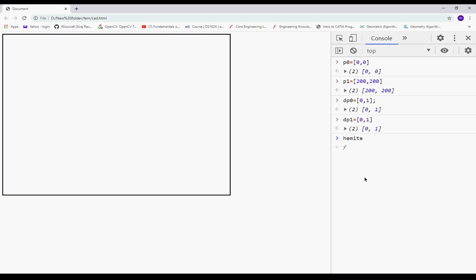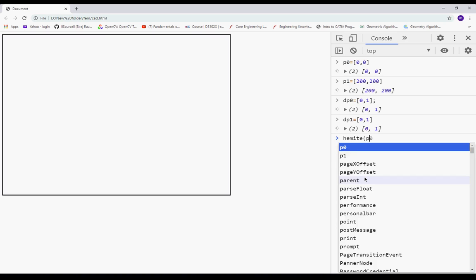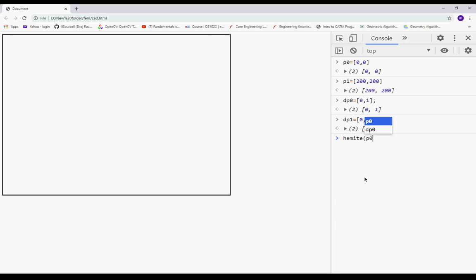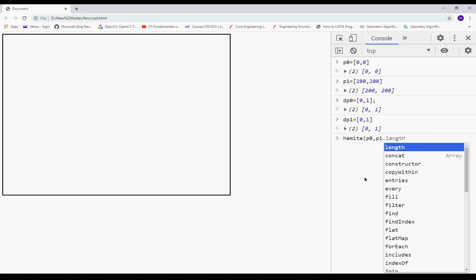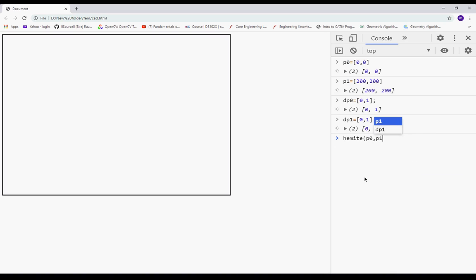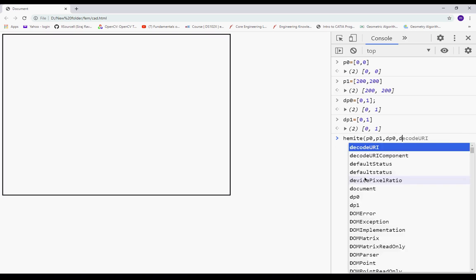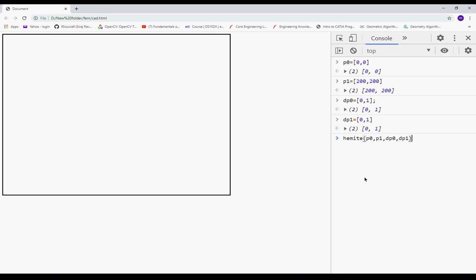Fine, we will change it later, because now I have to enter it again. So I need P0, then I need P1, then I need DP0, then I need DP1. If I hit enter,